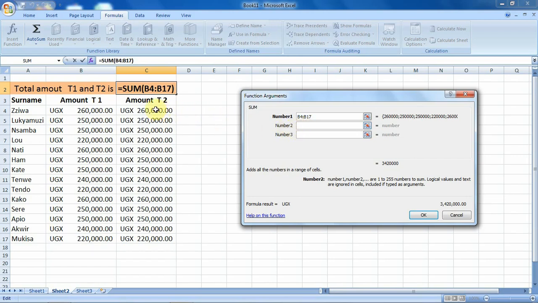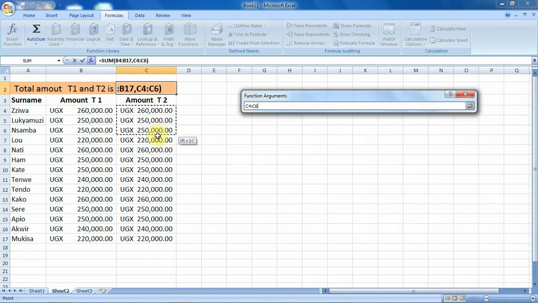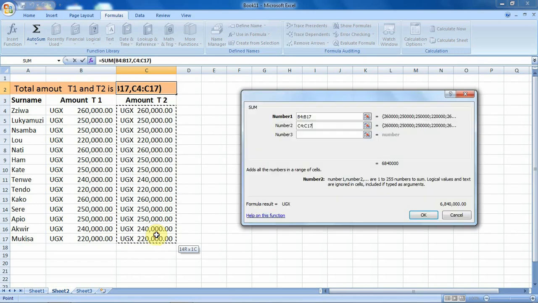After, we shall once again go to our values, click, hold, do not release the mouse button, then we move to make our selection. You will see the dialog box also getting minimized, which is okay. After reaching our last value or cell, we can release the mouse button. On releasing the mouse button, the cell address will appear in the number 2 field, and also some of its values will be displayed for you.